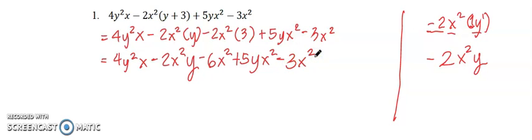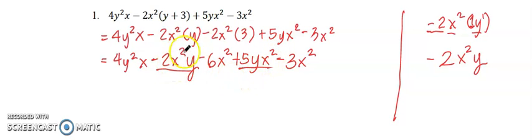Now, we can finally combine like terms. We identify them first, so look carefully. The exponents of each variable should be the same, and the variables should be the same as well. So, basically, that's the same literal coefficient. Let's first look at the first term. Any like terms with the first term, y squared x? None. So let's move on to our next term, negative 2x squared y. Do we have any other x squared y? So this is x squared y. Any other x squared y? Here, we have another x squared y.